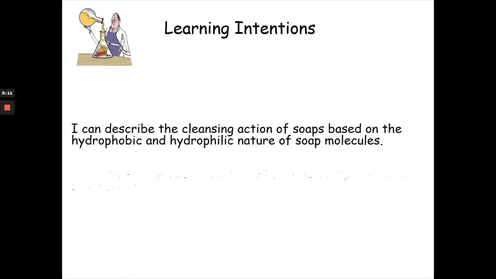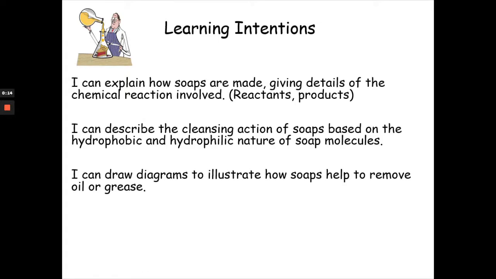So we're going to start off with learning intentions for the soaps section. We're going to be looking at how soaps are made and the chemical reaction involved. I've said you need to give details of that, but really just focus on the reactants and products for soap making. And we should be able to describe the cleansing action of soap based on the hydrophobic and hydrophilic nature